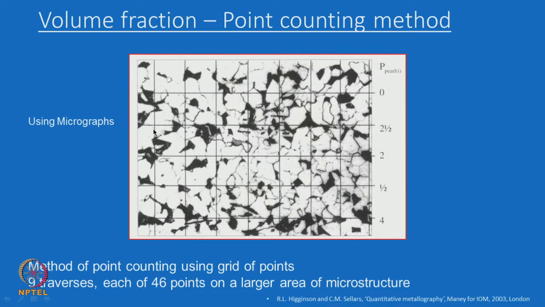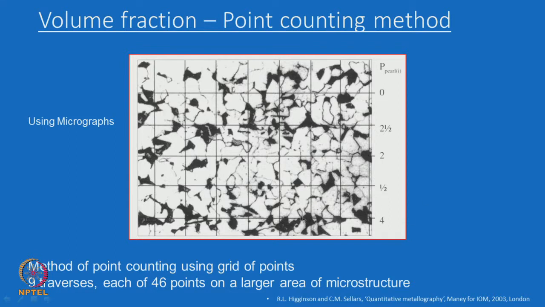And here you can see point number 1, point number 2, and this is taken as half. So, it is 2 and a half. Similarly it is 1 and then 2, the rest of the grid points are not falling on the second phase. Here, this is only taken as half, the rest of the grid points are not falling on the second phase. So, this is half. So, like that